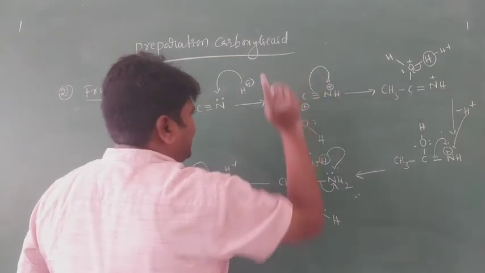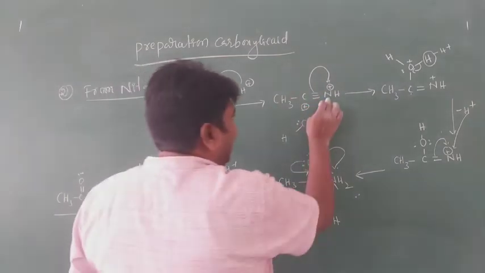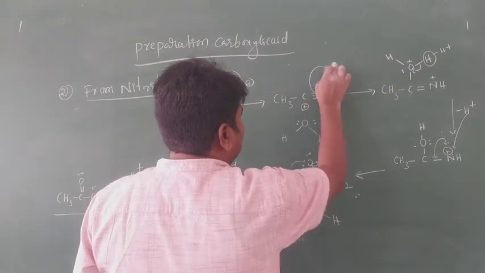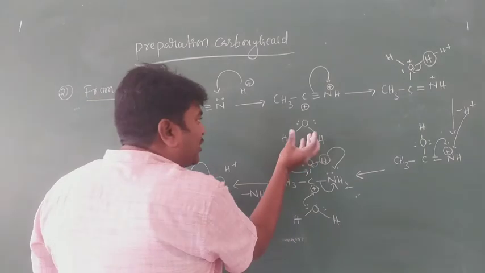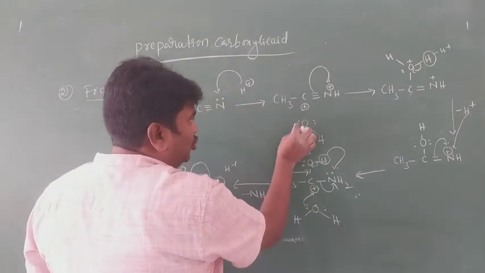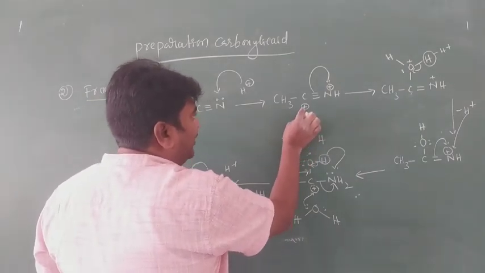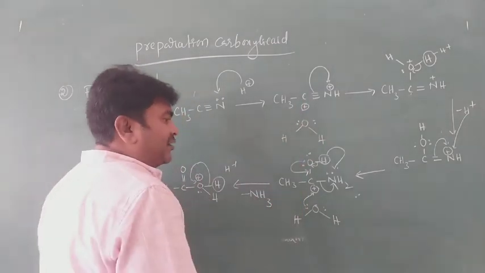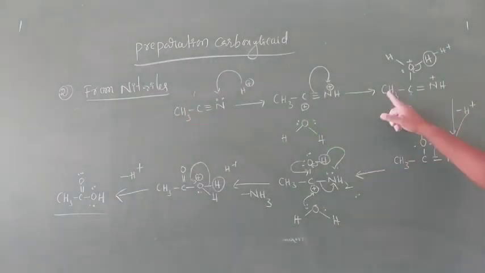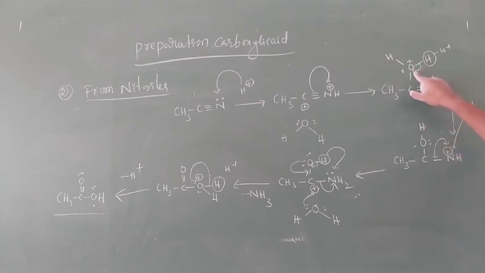So NH plus. Immediately here what happened? It is a lack of electrons. These two electrons are shifting here, carbon towards positive charge. In that positive charge, water molecules are attacking here only. Oxygen has two lone pairs, one lone pair involved in the bond formation in between carbon and oxygen. That's why oxygen loses electrons. So that's why CH3 C double bond NH has a plus charge. Next one, what happened here? These two electrons are shifting here because of the positive charge.